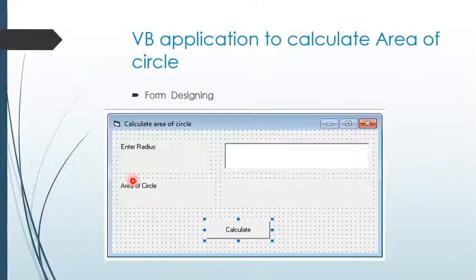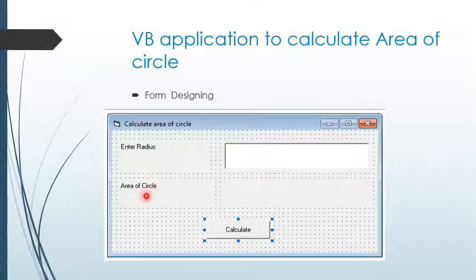We have placed a few controls on this form. This is the first label. Using this label, we ask the user to enter the radius. Here we have taken a text box. I have cleared its text so that the user can enter the radius in this text box.